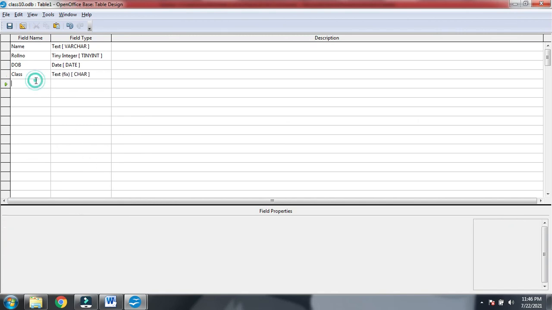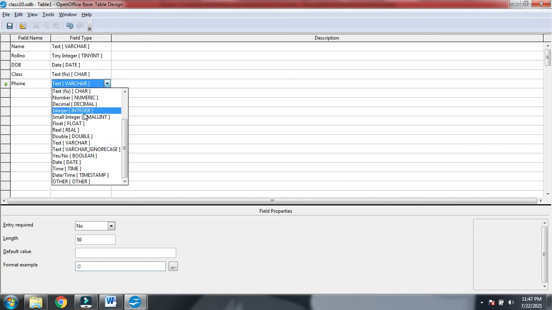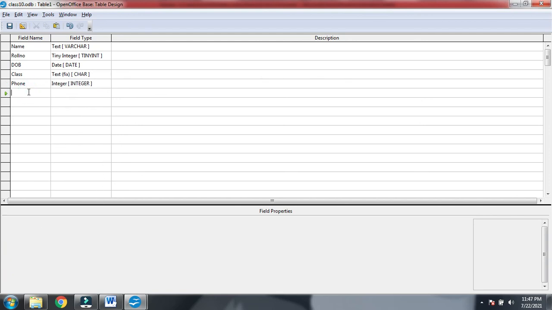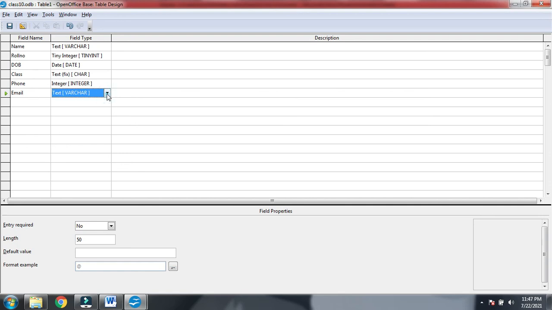Next we have phone, so I will go for phone, and for this it was asking for integer. These are written with me, that's why I'm going directly, you can check it. With integer the length prescribed is 10. Now we have email. In email, varchar is automatic, but they have told to take 75, so I will change it to 75.